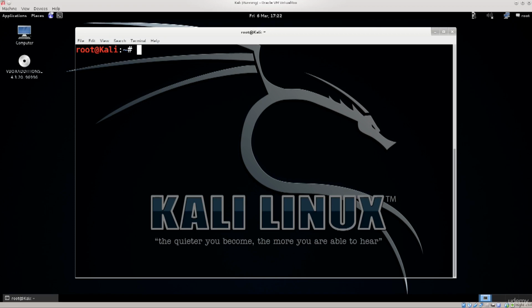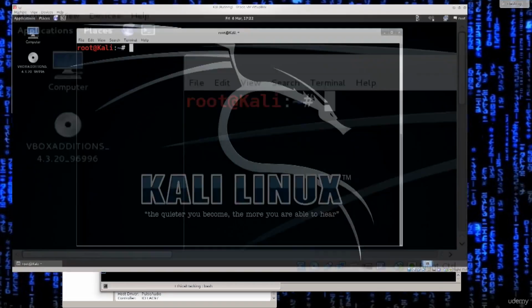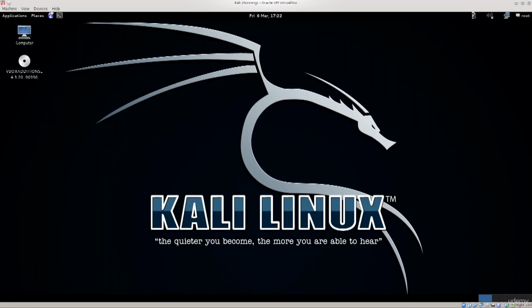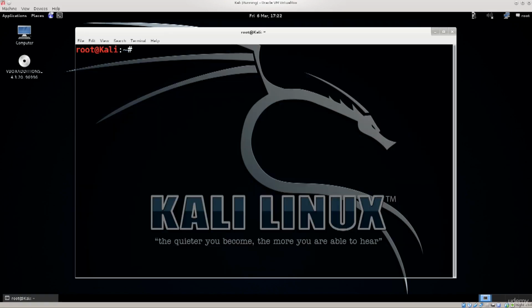So first off, I'm going to go ahead and create a new user. Just open up your virtual machine. You see mine is already opened up here. I'm just changing the size so that you can see that it's a virtual machine, and I have my terminal up and running here. I can close it and reopen it. There you go. Just open up your regular terminal and type in the following.